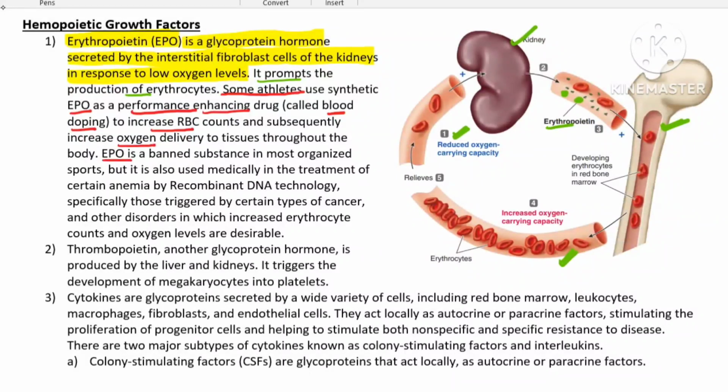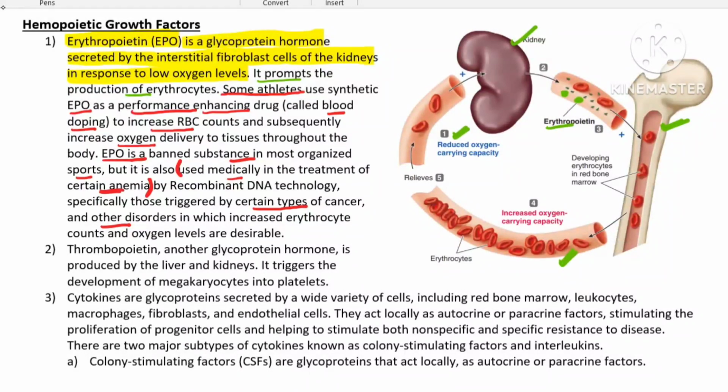improved. So this synthetic EPO is banned in most organized sport, but it is used medically to treat people who are suffering from anemia. By recombinant DNA technology, they are preparing it to treat the person suffering from anemia, and anemia is caused by certain types of cancer or disorders in which RBC is not able to carry a sufficient amount of oxygen. So in that case, it is used medically. It is used medically also to treat disorders. But it has been banned for use by sports persons because they are misusing it for improving